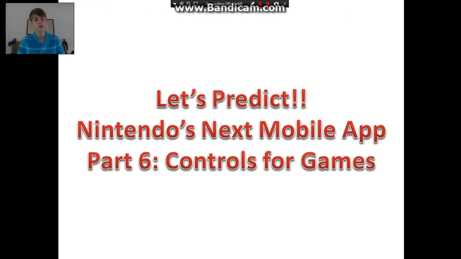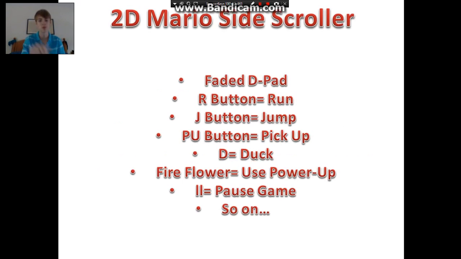So now, the part you guys have been waiting for, controls for games. For a 2D Mario side-scroller, since it's a small screen, not a tablet, of course, there would be buttons probably everywhere, and it'd just be kind of confusing. But for a 2D Mario side-scroller, I would just do a faded D-pad, not too faded,